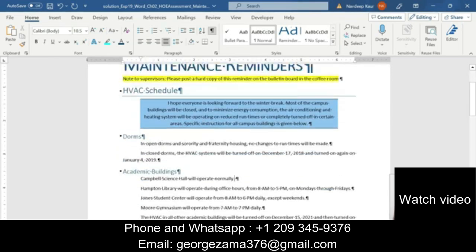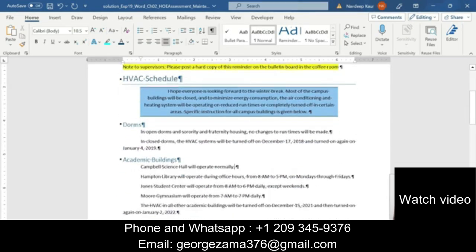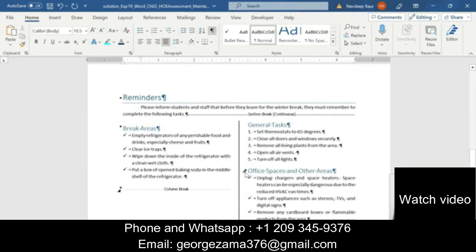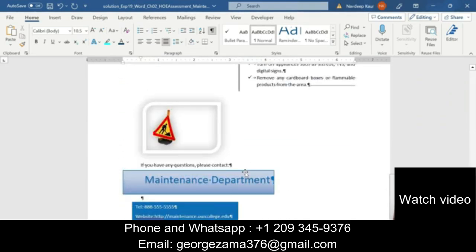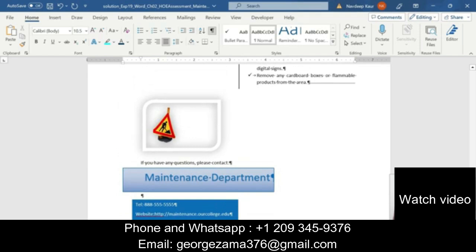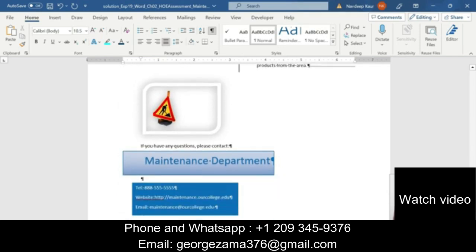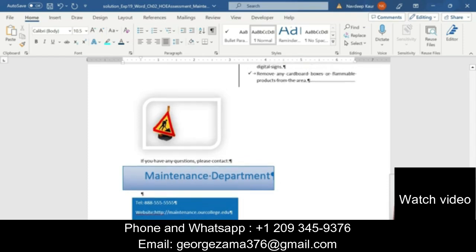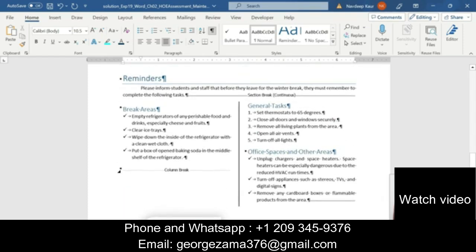So this will be the first page and this will be the second page of this assignment. So please have a look at this final version of this assignment and you will do the remaining steps and you will get a final version like this. So I have shown you 9 complete steps in this video, but for the remaining steps I am just showing you this final version so that you can get an idea about the assignment.